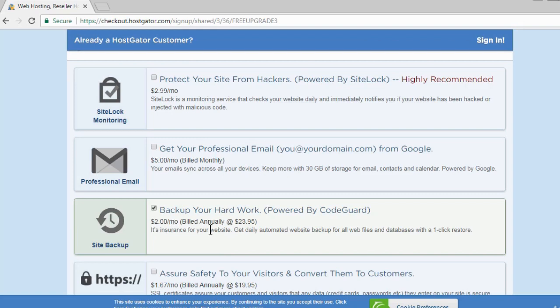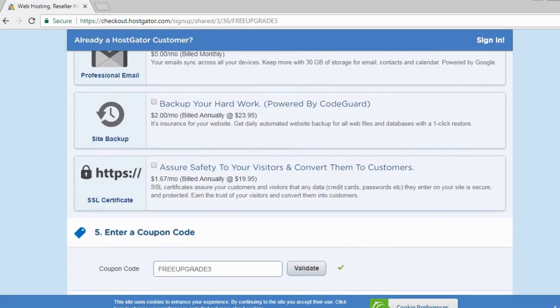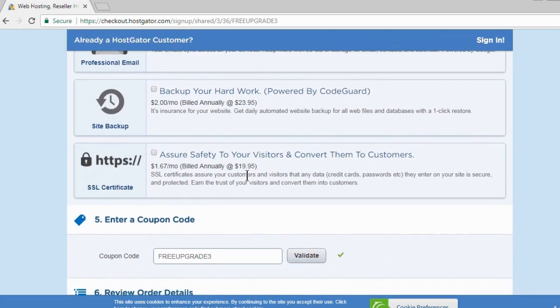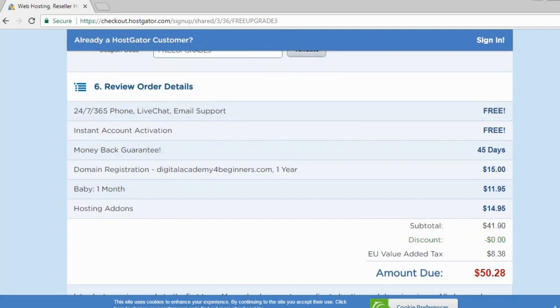So it tells you this is billed annually. It costs $23.95. So uncheck that. By unchecking all this, it brings the final price down. And here again, assure safety of your visitors. Again, leave that unchecked. And then here, if you look at the total, for example, this is my total at the moment,